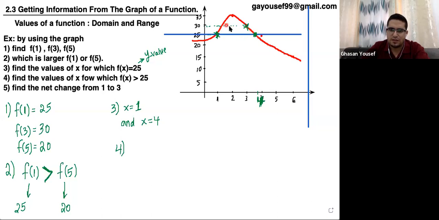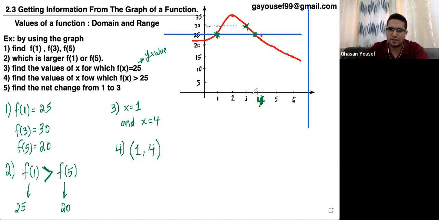This interval actually is not 1, but starting from 1. And it is not 4, but it ends at 4. So I can make it like Ahmed said, open parentheses from 1 to 4, and the 4 is open. Some students said you can choose any point, only 2 and 3. This is not correct, because also some points like 2.5 or 2.6